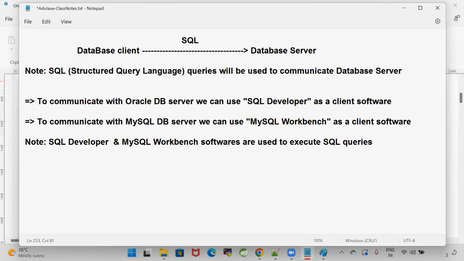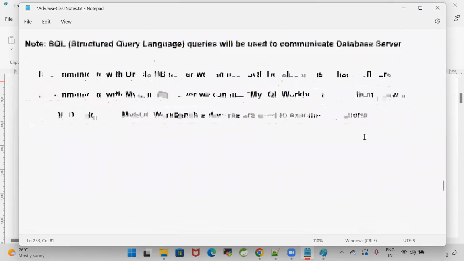So tell me, what is the purpose of SQL Developer and MySQL Workbench? Just to execute the queries. Can we consider them as database client softwares? Yes. SQL Developer is a client for Oracle database. MySQL Workbench is a client for MySQL database. Are you clear with my point? Yes. Next one,